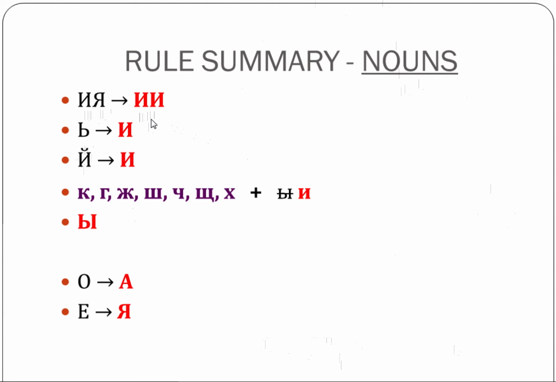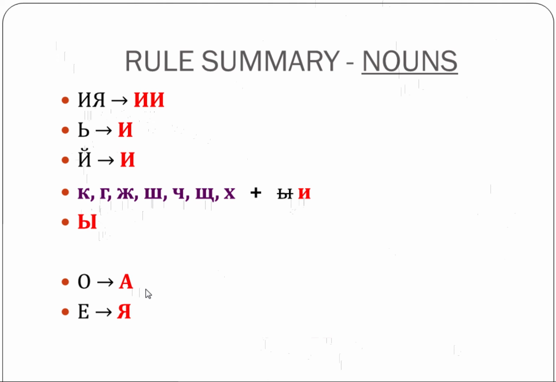And then if my word that I'm trying to make plural does not have any of these endings, then I'm checking: does the stem end in к, г, х, ж, ш, ч, щ? If it does, then I cannot add ы. I need to add и. Otherwise, in all other cases for masculine and feminine nouns, I'm going to add ы. For masculine nouns, I just add it to the word I have. For feminine nouns, I need to drop the ending first, drop the vowel first, and then put ы instead of it. So that's masculine and feminine.